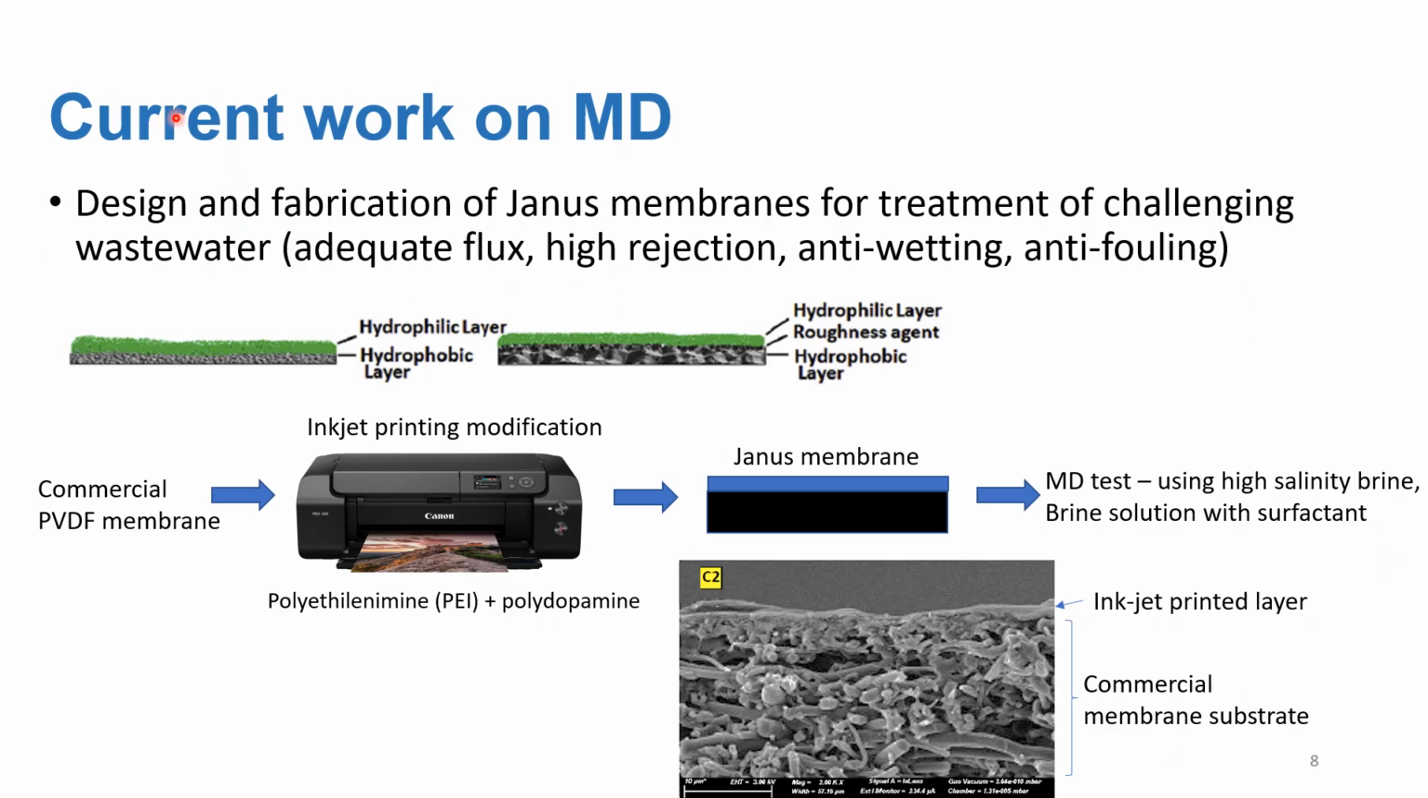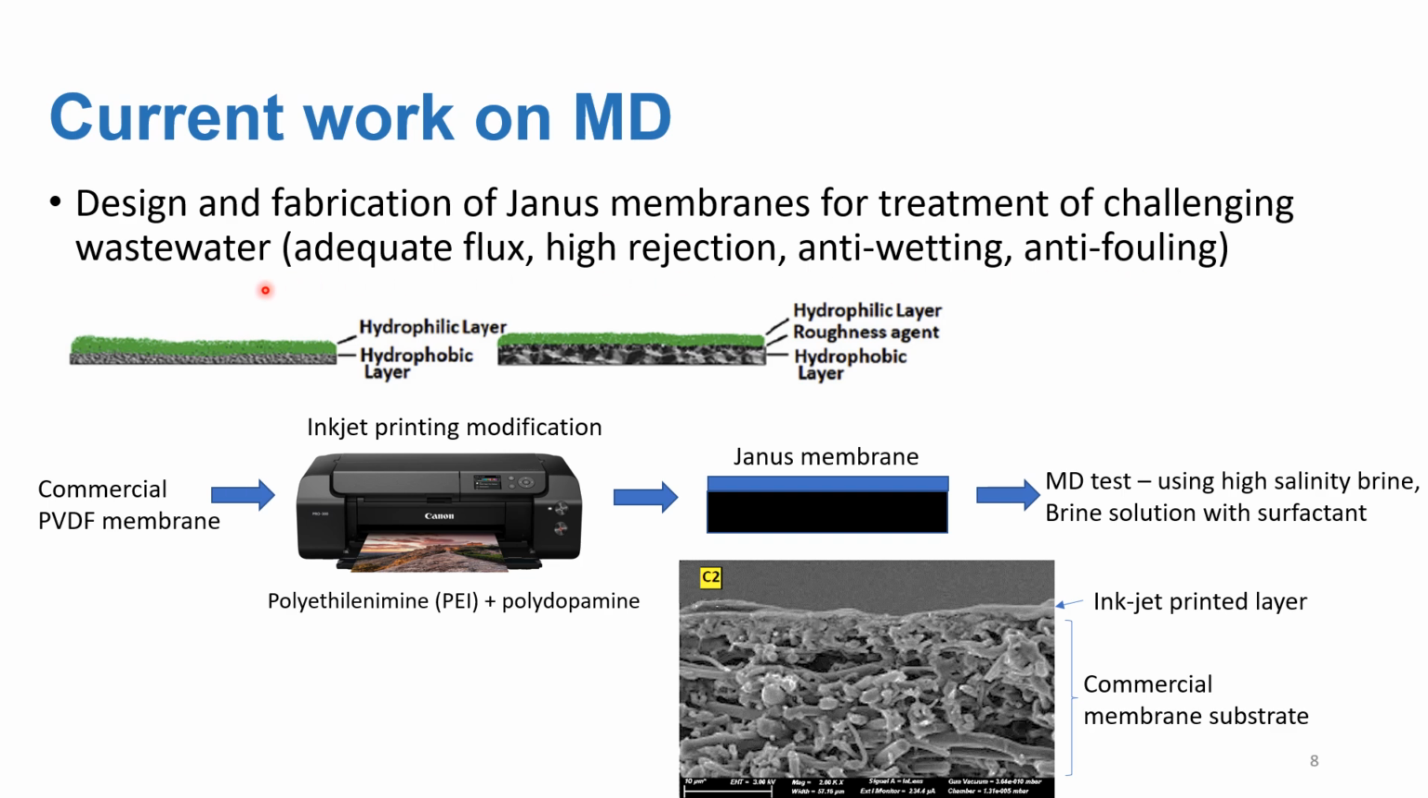One of our current works on membrane distillation, especially on the fabrication of membrane, is on the preparation of a Janus membrane. As I mentioned, a Janus type of membrane has two opposing wettabilities on both sides of the membrane. One side is hydrophobic and the other side is hydrophilic. The main advantage of this type of membrane is that it can be used for various processes, like for anti-wetting or anti-fouling purposes for MD,